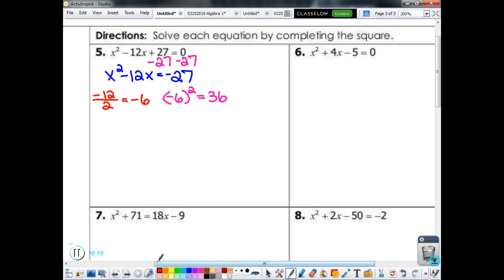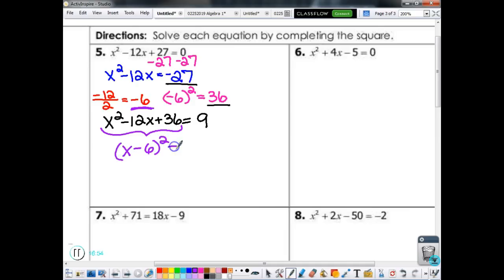So my equation becomes x squared minus 12x plus 36 equals, and so what's negative 27 plus 36? 9. So it's positive 9. So this perfect square, what does it become? So it's going to become x minus 6 squared equals 9. And so then, take the square root. Good. If I take the square root on both sides,